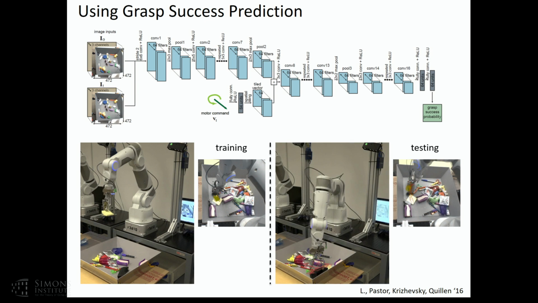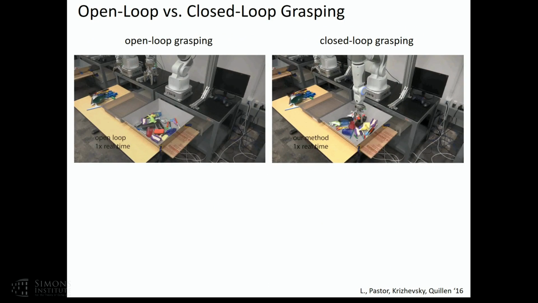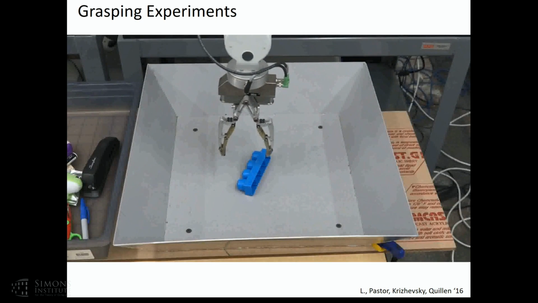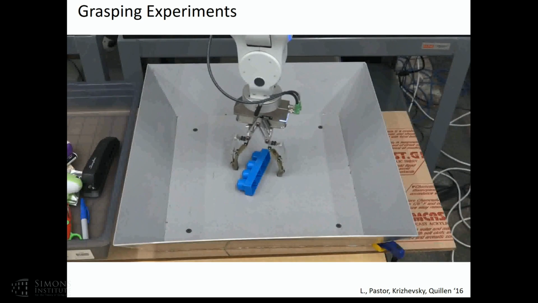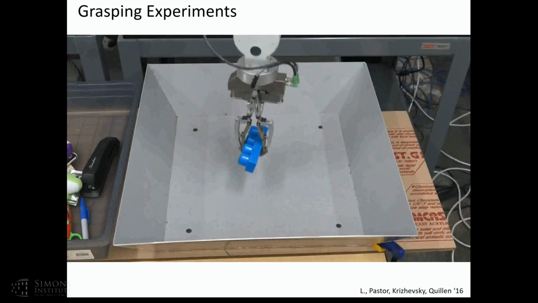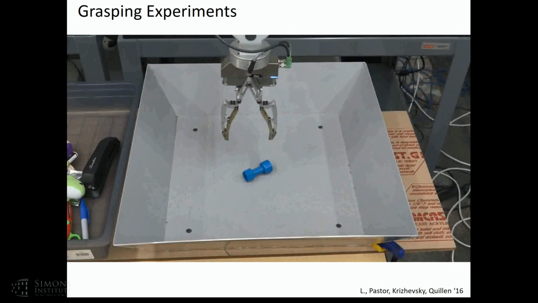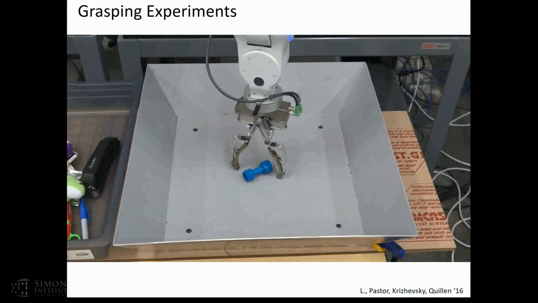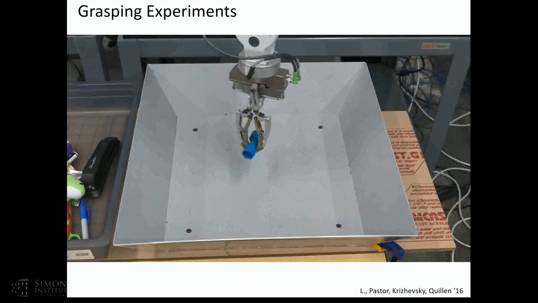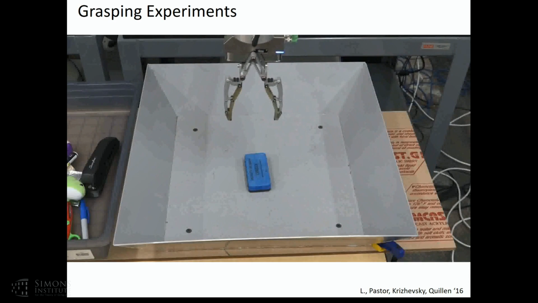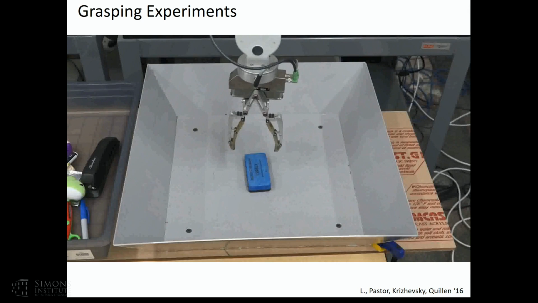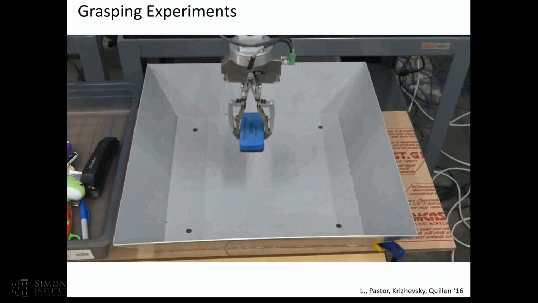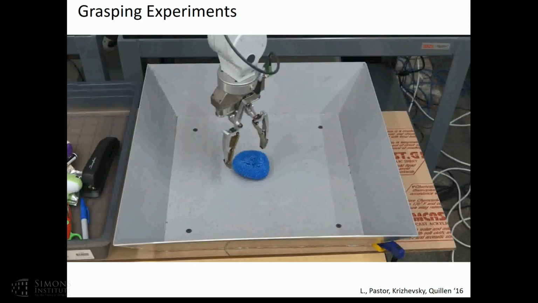I'll skip over the details here, but one of the cool things we can see, other than the numbers being nice, is that when we actually run the policy that we learn from large amounts of experience, it actually exhibits some interesting habits. So here I'm going to show you a collection of objects that are all visually kind of similar. They're all blue and roughly rectangular. And for the rigid objects, the robot learned to adopt a fairly natural behavior. It just puts the fingers on either side of the object. But one of the things it learned fairly quickly is that when the object is very soft, like the sponge here, it's much more effective to just pinch it in the middle.